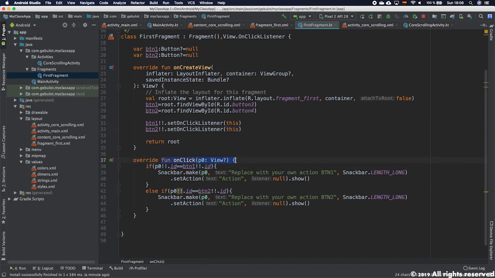We have to give that ability to our class if we want to use this same class. From now on all the actions of the buttons will be executed in the onClick function here. And that is how we add